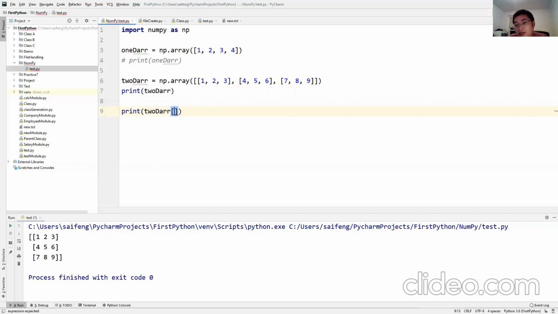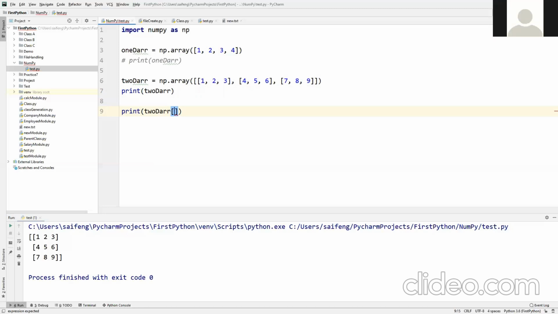Ethan, how can I get the value 5? Use index. Huh? Use the index. What's the index of value 5 here? Row 2, column 2. I need an index. I don't need you to tell me row 2, column 2. What's the index for row 2, column 2?